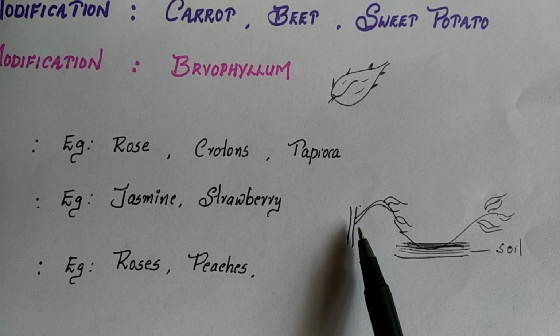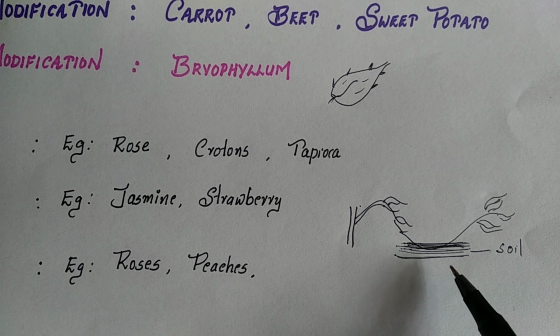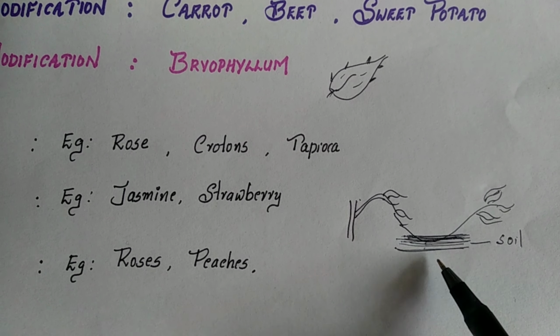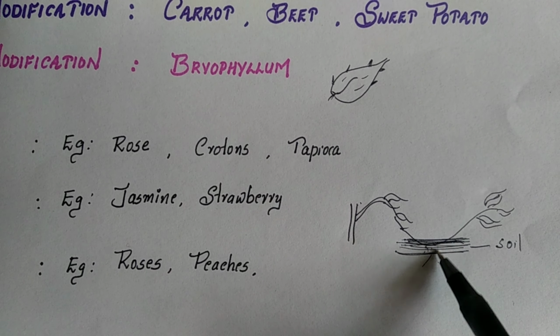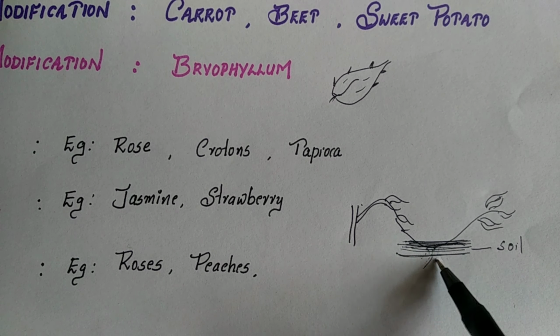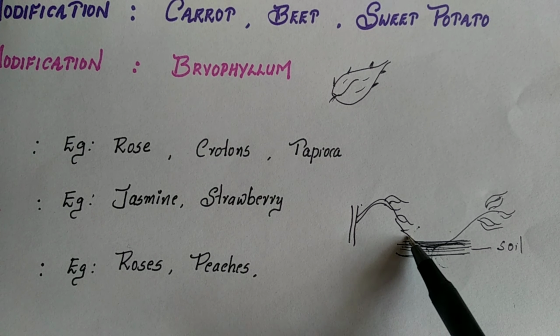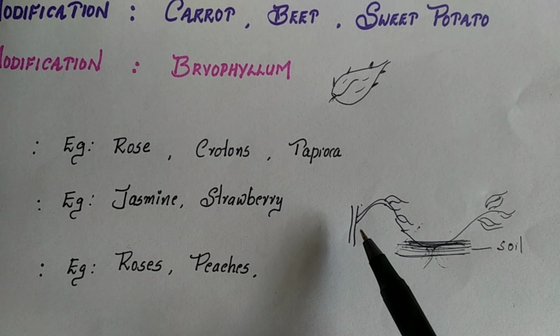So the technique is like this. An extended portion of the stem is taken and immersed in soil, and proper nutrients and water can be supplied in this region. After some days we can see the formation of roots from this portion. When it matures, you can see small tendrils start. If you cut the plant from this portion, it will develop into an independent plant.